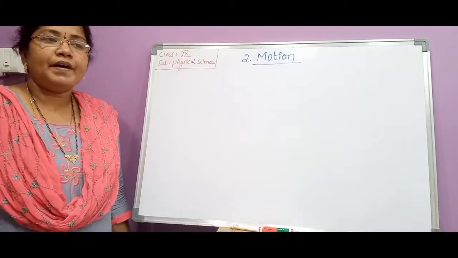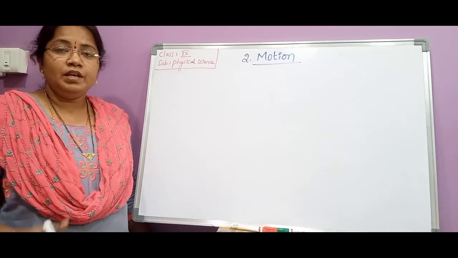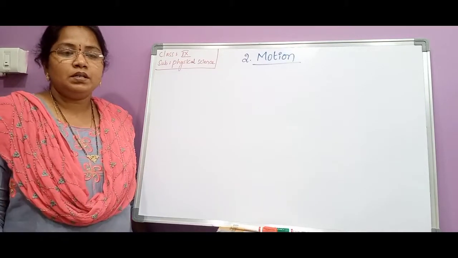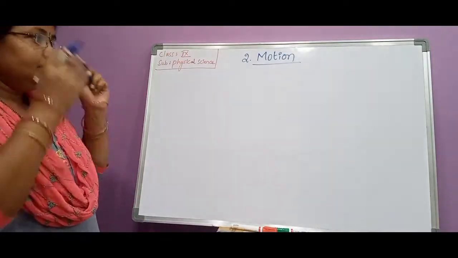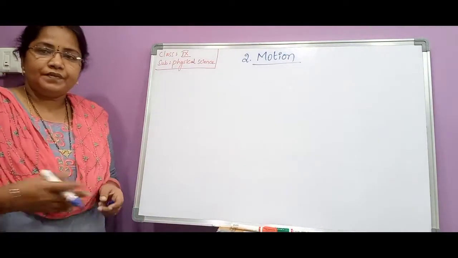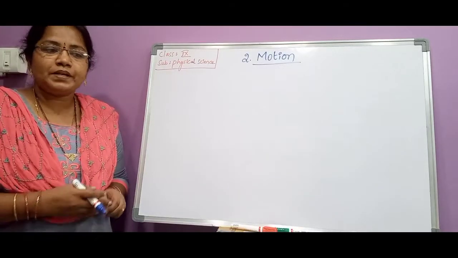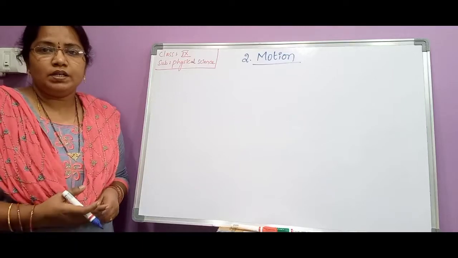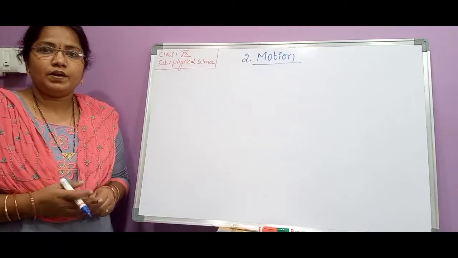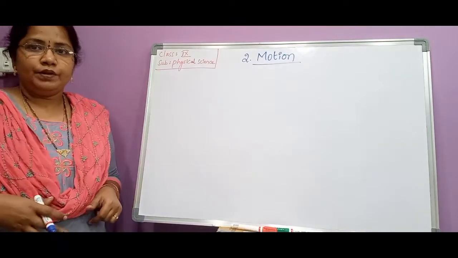The important factors in this lesson are distance and displacement. We need to learn about distance and displacement. What is distance? What is displacement? How is distance different from displacement, how can we represent them, what are the units of distance and displacement, and what are scalar and vector quantities? What do you mean by scalar and vector quantities? Children, we will try to know about these things in this video.